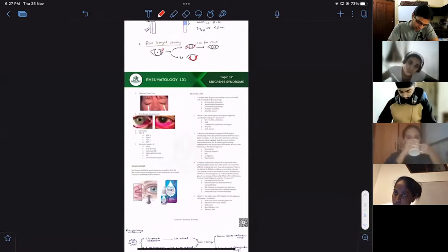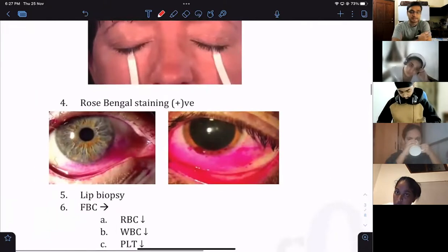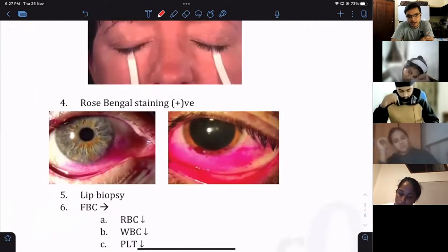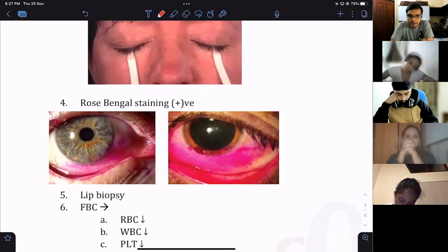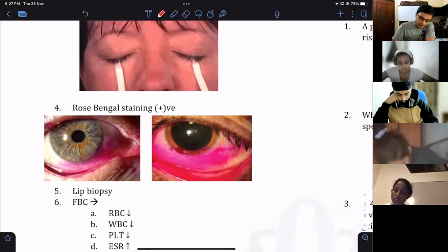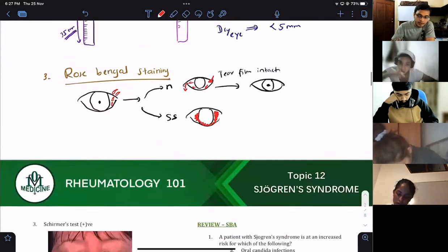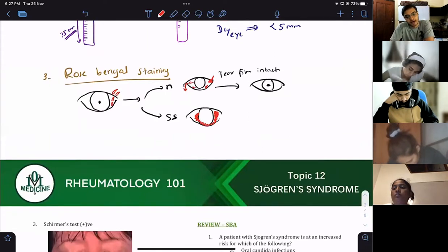Now, I put a picture here. Look at this, guys. These are positive tests, right? After staining, the rose Bengal stain is going to stay there for a while. Okay, right. So those are for the eye, guys, for the eye,